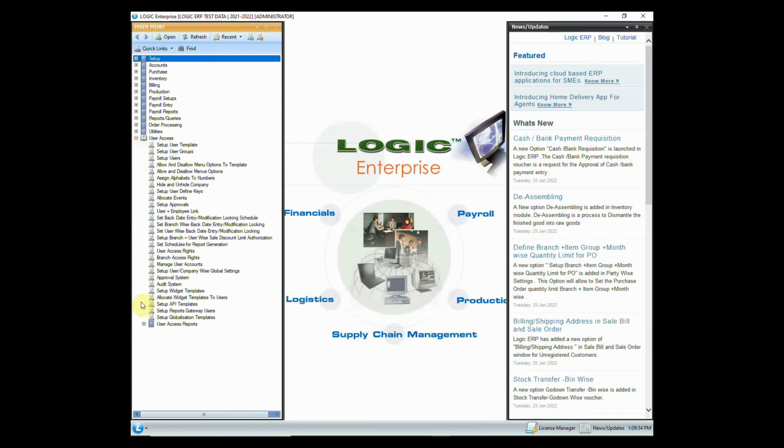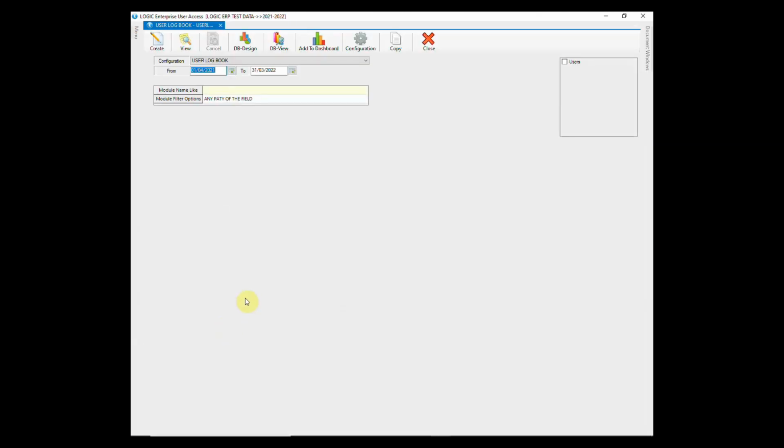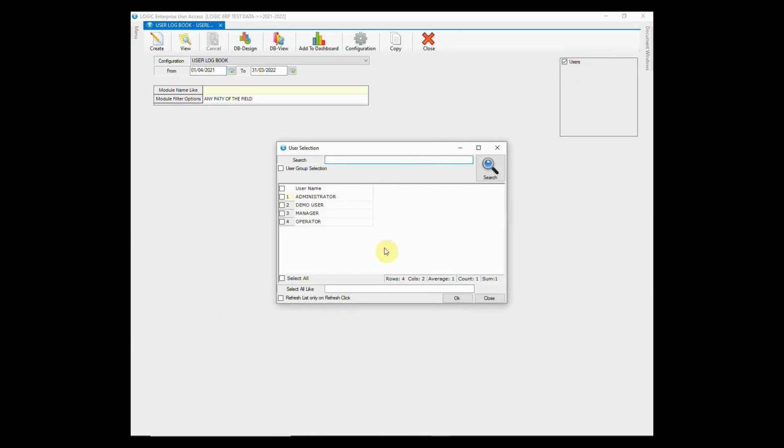Click on User Access, then User Access Reports. Several reports are available here. We will look at a few of them. The user logbook is used to look at the activities of all users.